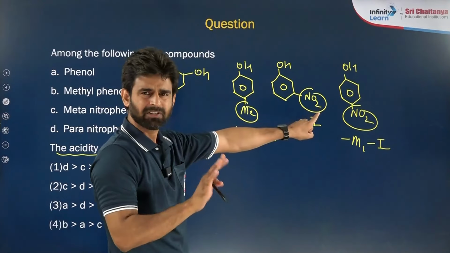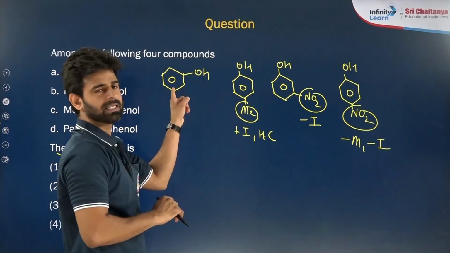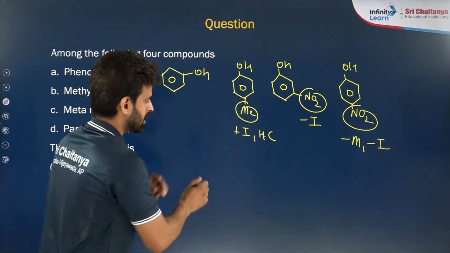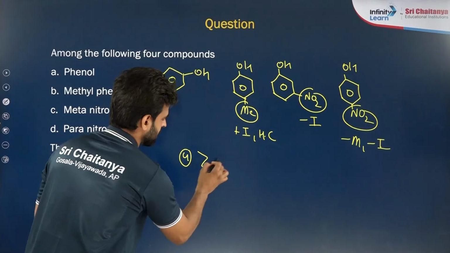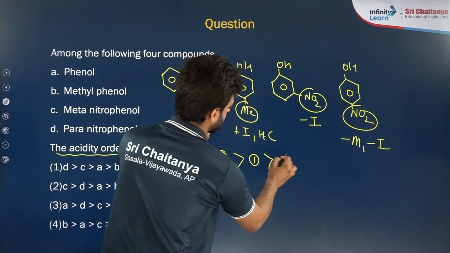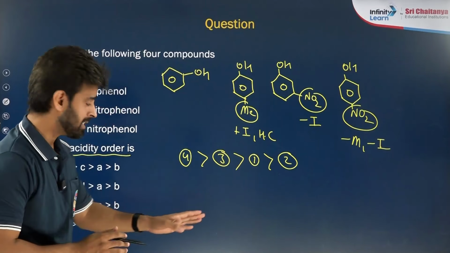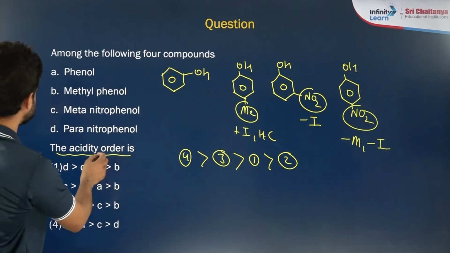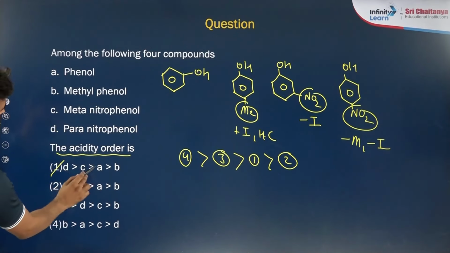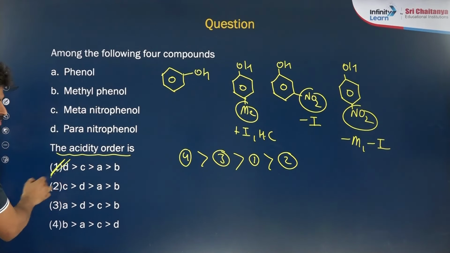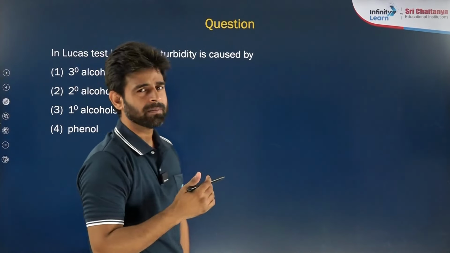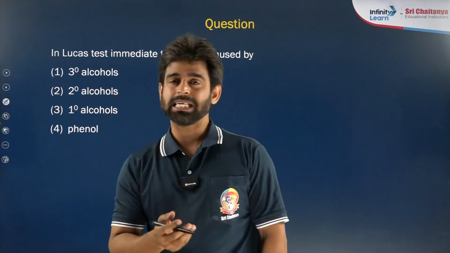Then this one, at least withdrawing by minus I. Then this one. And then last one, this one, right? So if I give a sequence here, which one is the best one? Fourth, then third, then I will say which one? First, then which one? Second, right? It is our sequence. And the best you can see out of these, they are saying D. D is there. Then we have C. Then we have A. Then we have B, right? First option, right? Good. Next thing is, in Lucas test, immediate turbidity is caused by, as we discussed just a few